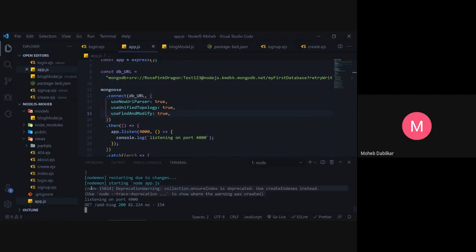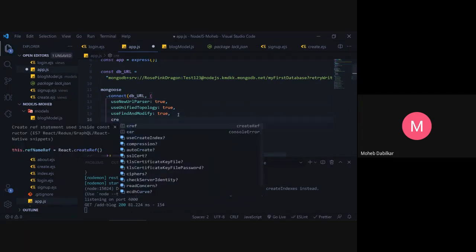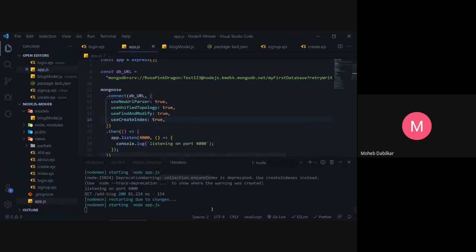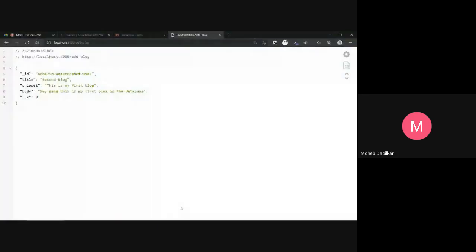This all is coming from this. Use createIndex and then just put it through. Hopefully this does not give us an error now. Okay, you see, it does send us a response. So this is second blog.